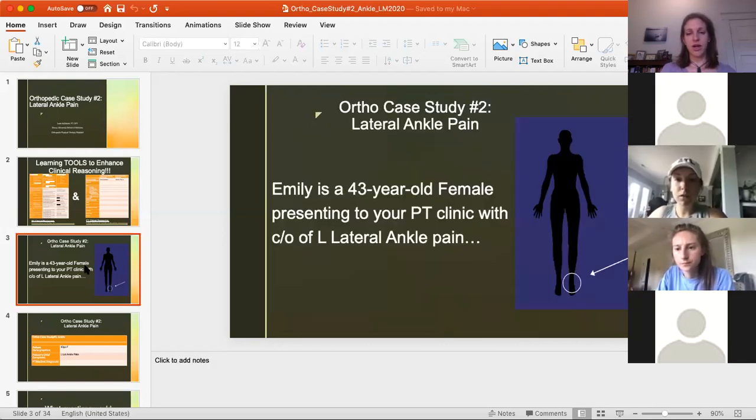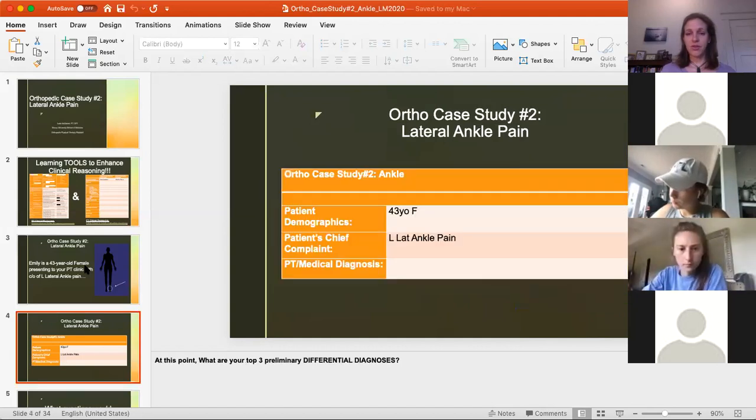So this case today I wanted to talk about, and again, I've adapted information and names, and this is HIPAA compliant, so this is not exactly the information about my patient, but I did see an individual with similar presentation. So Emily is a 43-year-old female, presenting to your clinic with complaints of left lateral ankle pain. So here's our patient demographic for this particular case. She complained of left lateral ankle pain with not knowing anything else, just the age, gender, what's